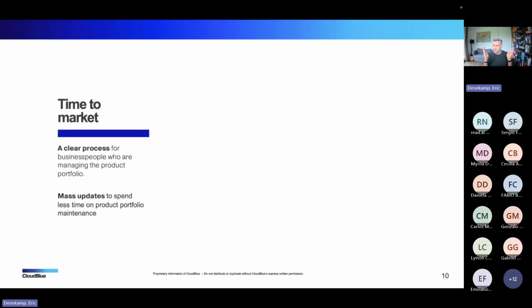And I'm not kidding you. Technically, it's possible to be live within an hour. Of course, there are dependencies that you might need to fulfill first. Somebody needs to be on standby to do, for instance, the pricing, to set up the pricing for your specific marketplace.